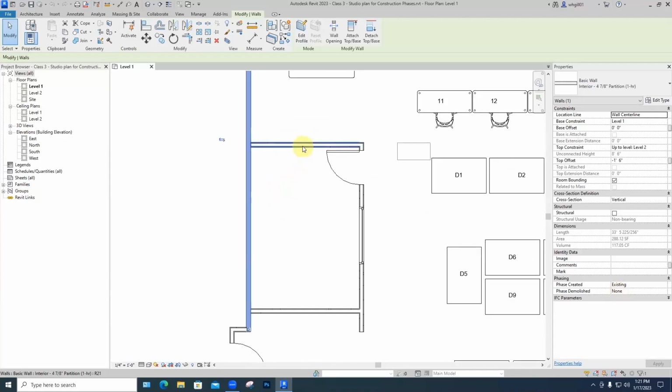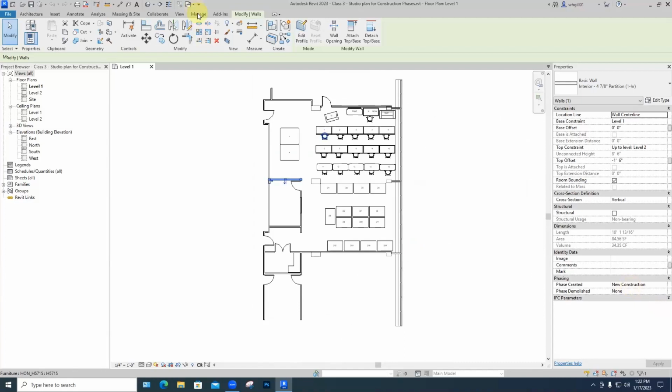But if we get over to this wall, we can see it went in sort of the last time this building was updated, that those got built and they're still officially in the new construction phase. We would like to take everything back to existing, just our baseline where we started for this Schneider Hall redesign. We don't want to have to think about 5 different phases since the building was built. And you could go through and pick each object and tell it that we want it to be in the existing phase. But the easiest way to do that is to go into Manage